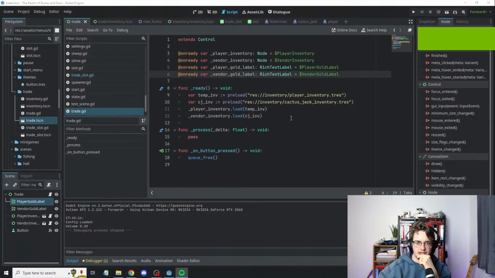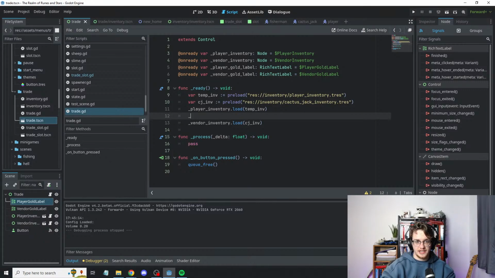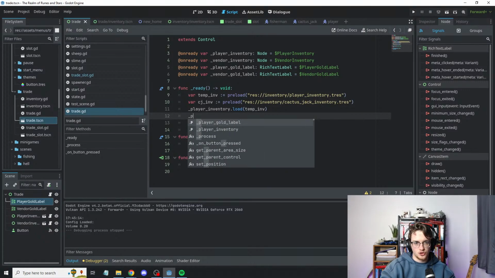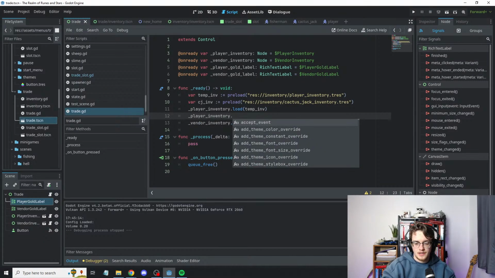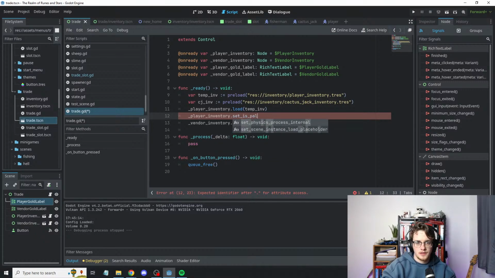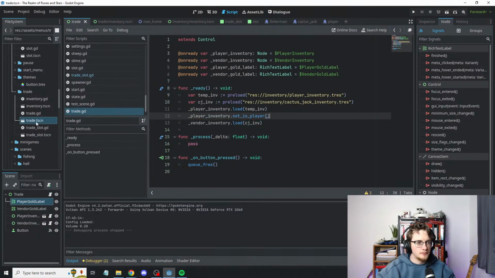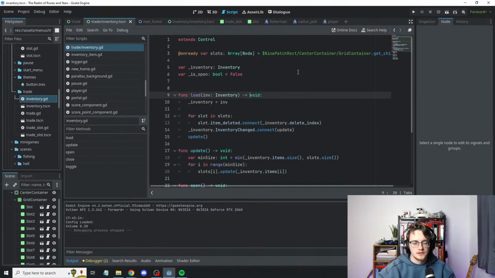The simplest way I can think of is, because the player inventory is generic, inventory dot set player, set is player. This is going to be the jankiest thing ever, but var is